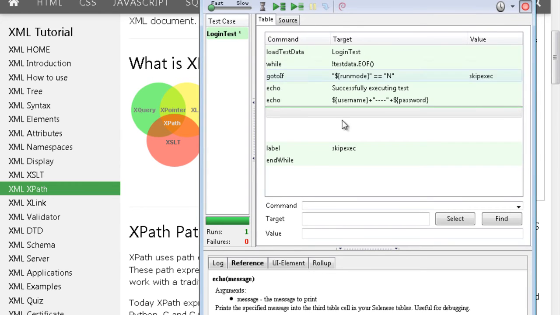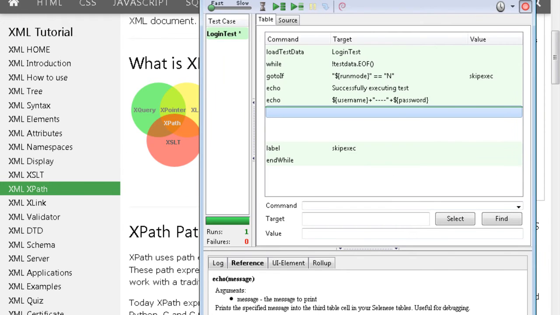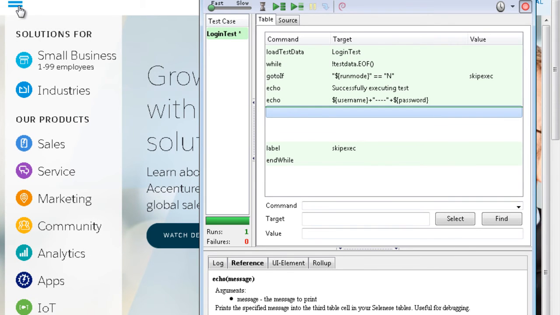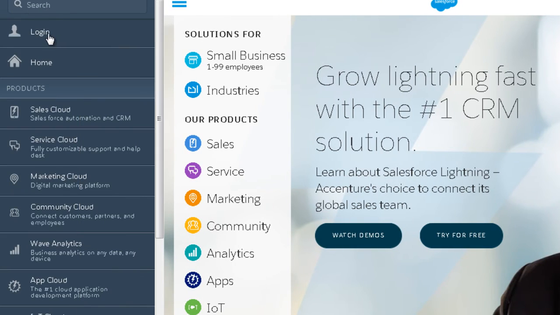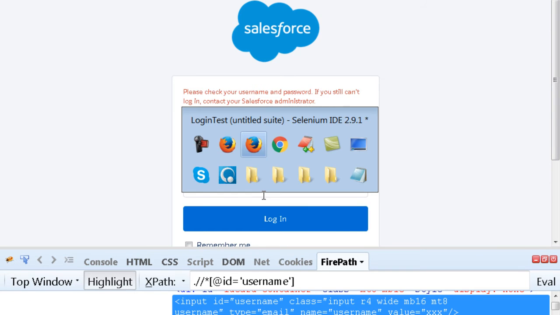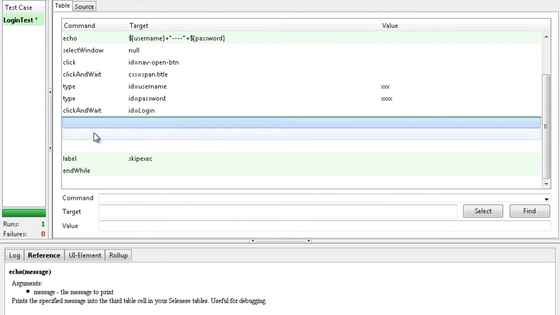Let me go into the recording mode. I'll start recording from this line. I'll click on this line and give the command salesforce.com, so it will go to the home page. I've kept the control on this line, I've clicked on this line so that the recording starts from here. Then you click on the login link, enter some username, enter some password and click on the login button. So it will record all the steps, right,